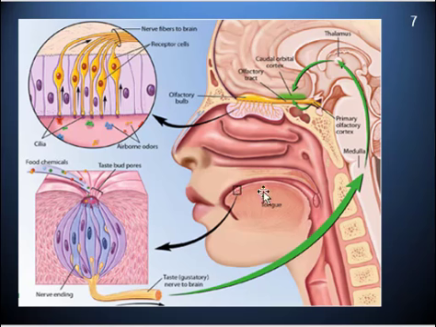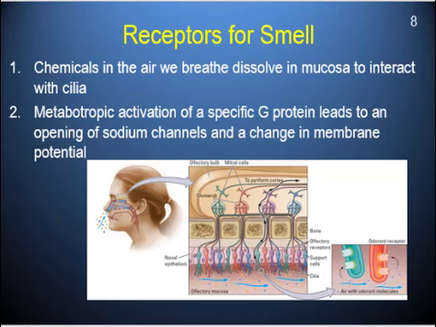Again, taste: something goes into your mouth. You mash it across your tongue, either on purpose or by accident, as part of the eating. And then all the food and all the chemicals in that food will go down into these little grooves, these little taste bud pores on your tongue, and will interact with receptors that are there, and then that information gets sent to the brain. So again, that's the overall picture of what's going on. Now we're going to pick them apart. I'm going to start with smell. Smell is picking up chemicals in the air that we breathe that are dissolved ultimately in the mucus in your nose or nasal cavity, and that interacts with the cilia that are in there.